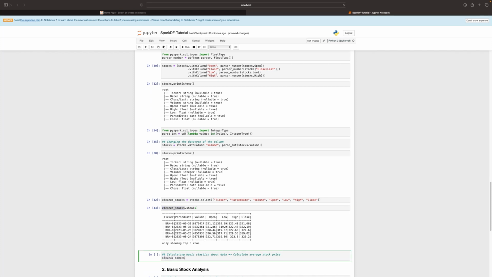I can say cleanedStocks.describe, and I have different columns that I want to use. So I can say volume, open, low, high, and close, right? So it's going to calculate the common statistics about this, and then I can go and